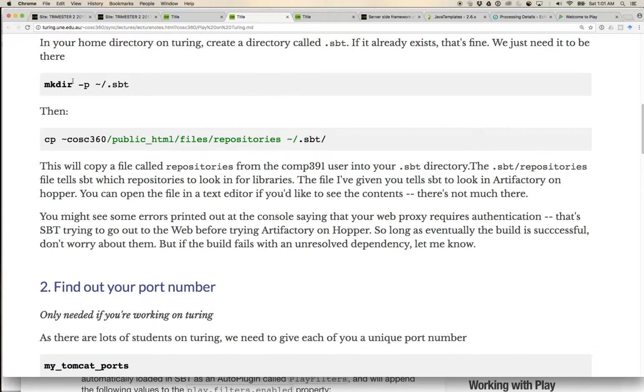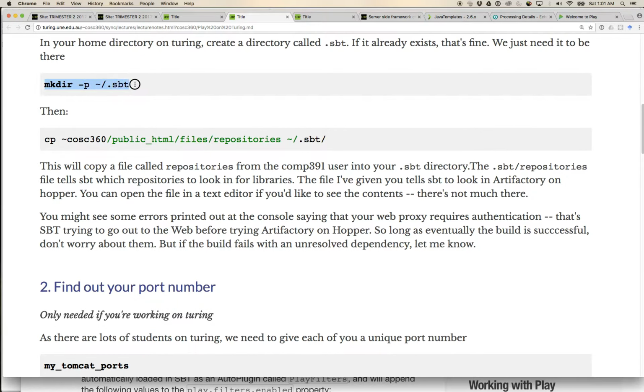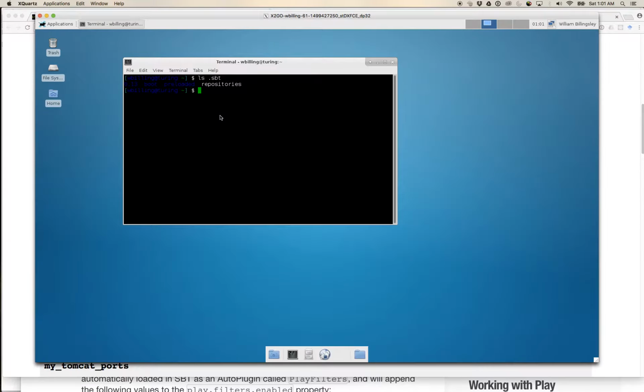And I say that we need to make a directory that's called .sbt. Tilde is Unix shorthand for your home directory. So we need a .sbt directory in our home directory. Now, as it happens, I already have one. So if I ls .sbt, there's some files already in there. Nonetheless, I could just run mkdir -p